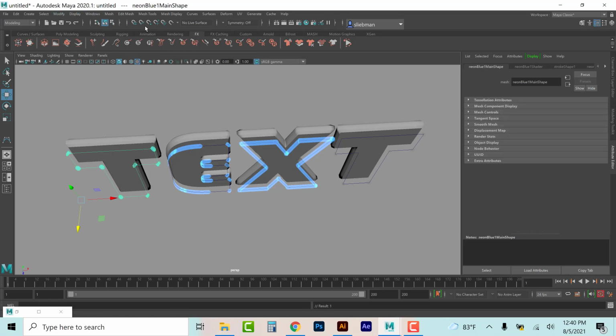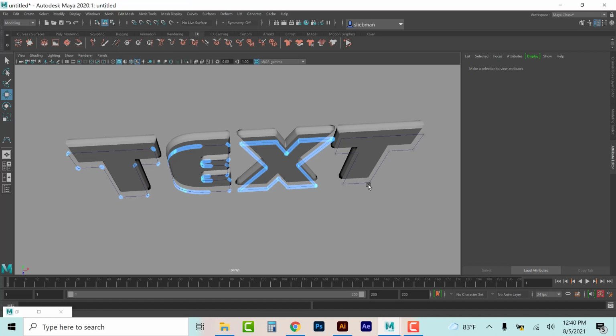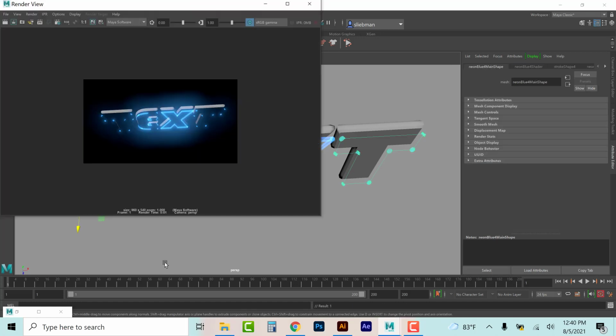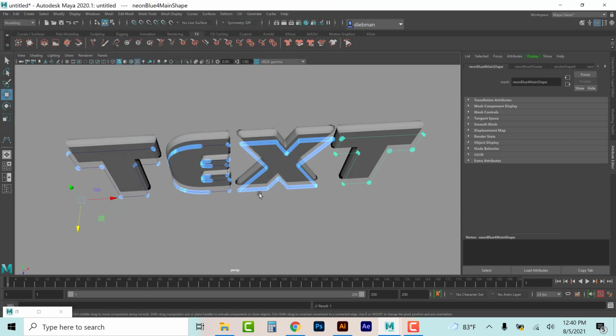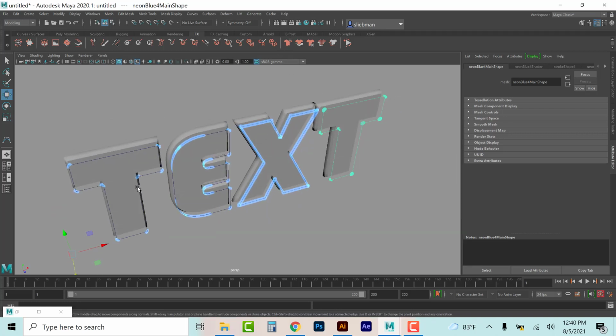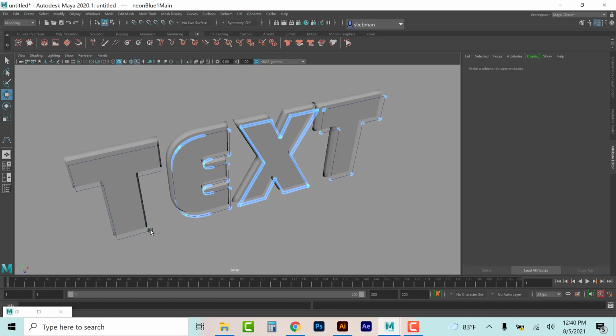I'll just hit G to repeat last step. G to repeat last step. And this should work out. Oh, it's a little spotty. And that can happen sometimes with the PaintFX brushes. Now remember, I used text from Illustrator here. The X looks great, but these kind of failed a little bit here. So let me just go ahead and see if I can